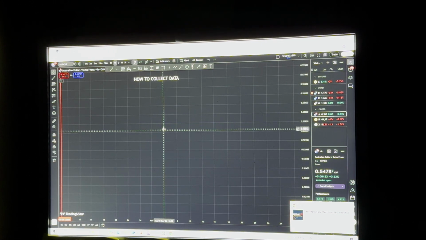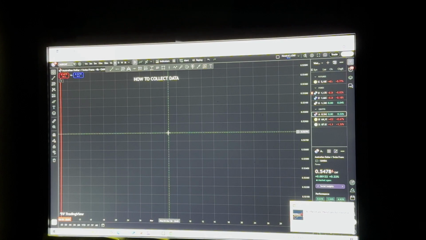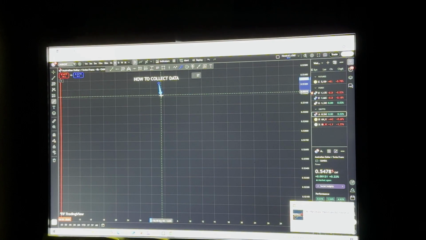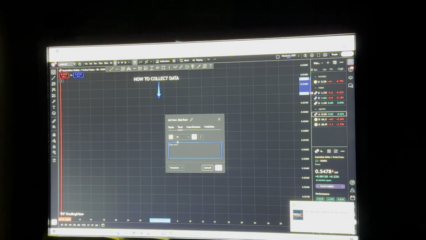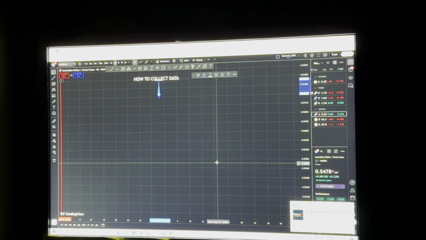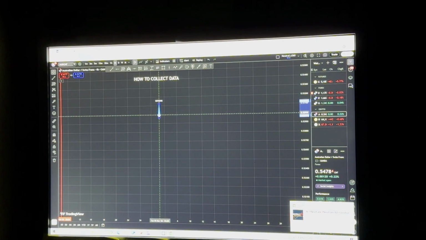So one thing to know on how to collect data: if you want to go to a market, your physical market rather, you know your risk, your equity, and you know the outcome already. Meaning you know the outcome, or you are prepared for the outcome. Let me put it that way. You are prepared for the outcome already, all right? So you are preparing for what? The outcome, all right? This will be for physical. You're already preparing for what it goes, so let me just put it generally,